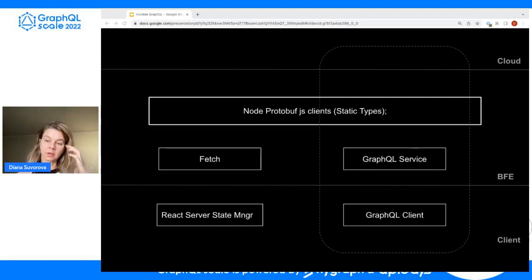Using also GraphQL CodeGen, which is an open source project by The Guild, along with some proprietary add-ons for our monorepo, we generate those static types that can be used in the front end for each query request and response types. And that allows us to enforce that static typing, obviously. And the GraphQL client in this case is the one who takes care of the client-side caching.